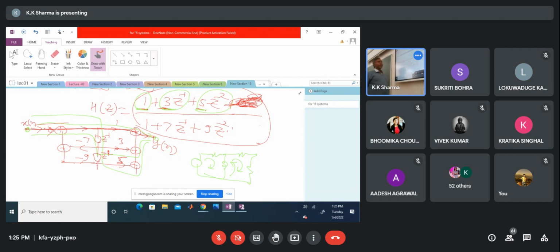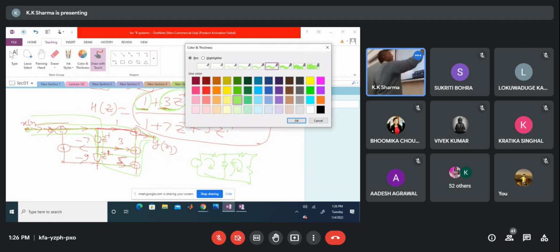Yes, sir. देखो ये यहां से मैं दोबारा ले रहा हूं, ये z to the power minus 1 into 3. That is precisely the gain of this. Second term is 5 into z to the power minus 2. So z to the power minus 1 into z to the power minus 1 into 5. What is the gain of this part? 5 into z to the power minus 2.